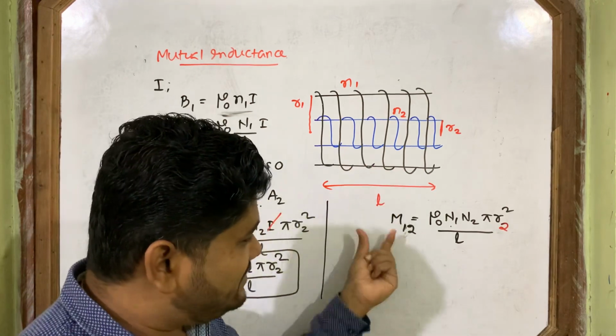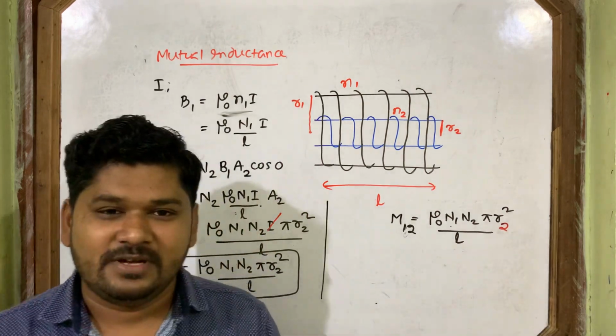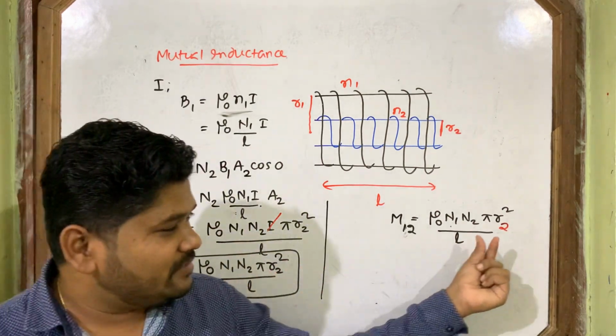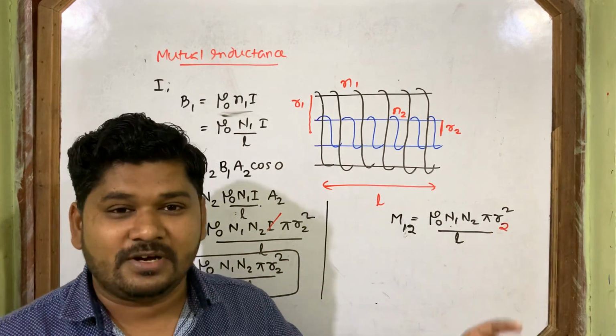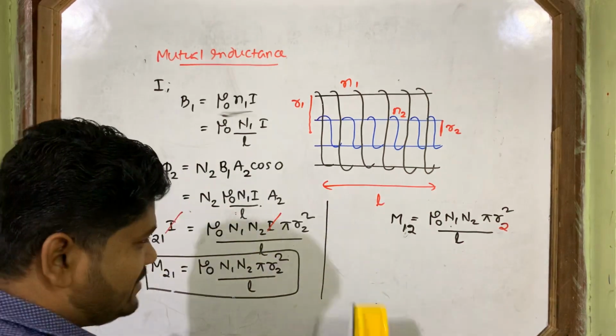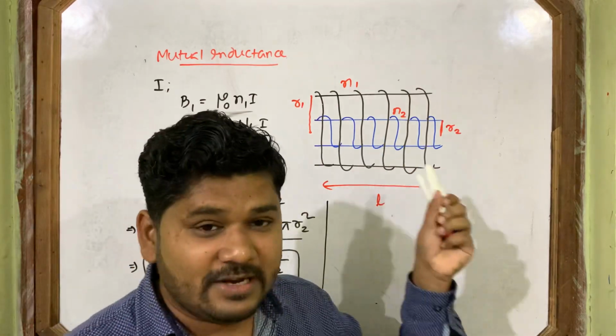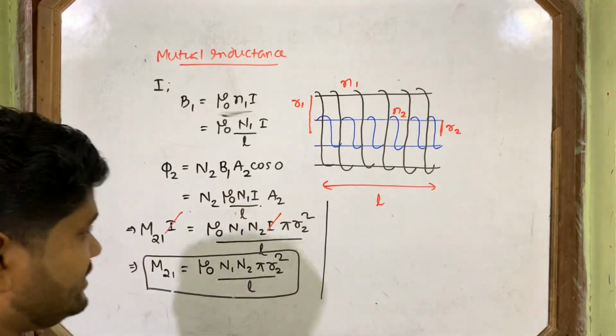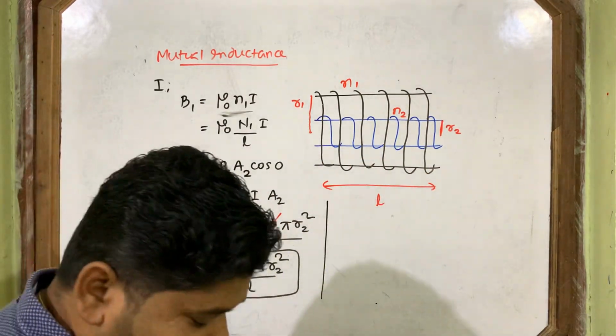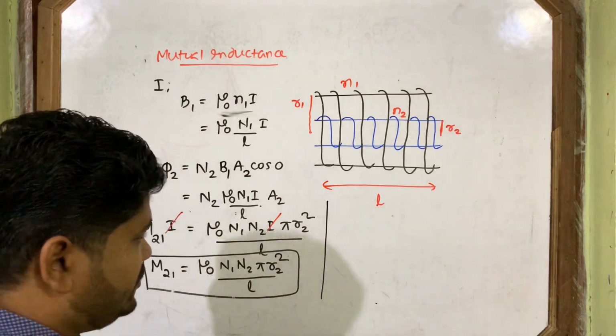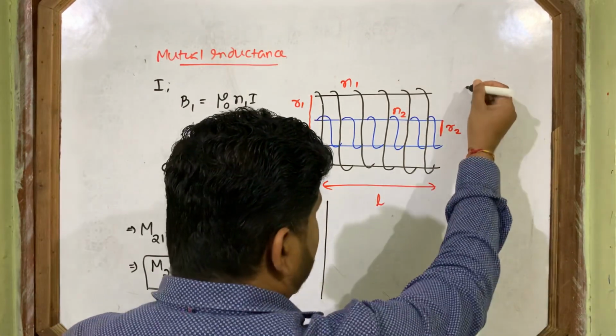When we do the derivation, automatically the 2 comes here. Automatically both will be equal. No 1, here 2 will come. If you want to know, I am doing it again, giving current to the second coil, the inner coil, and we'll see the flux linked with the outer coil. Now let's do it. In short, I am doing it here.